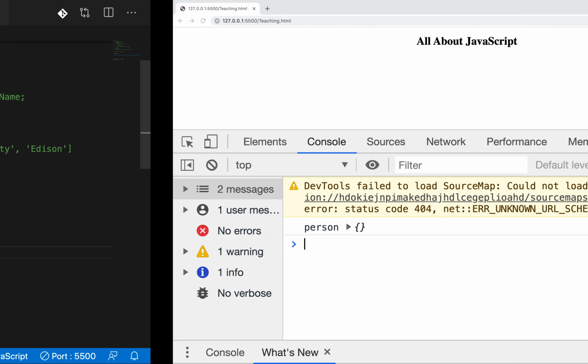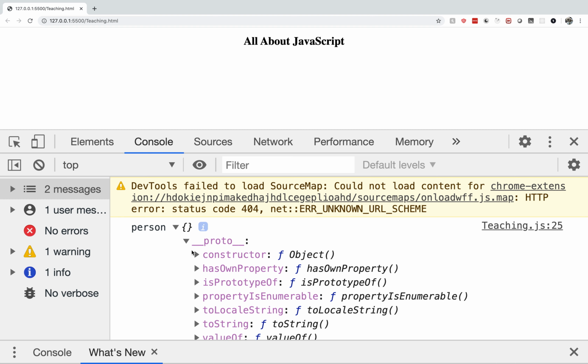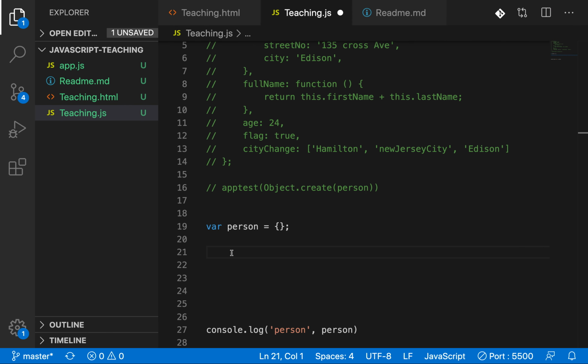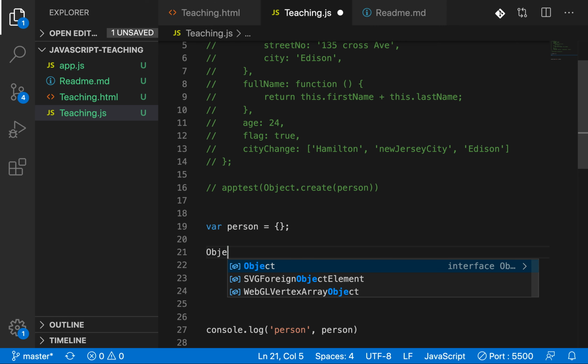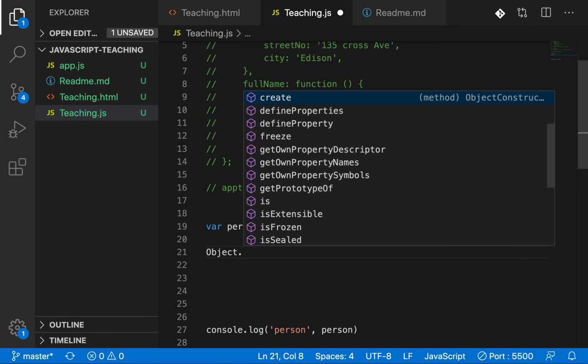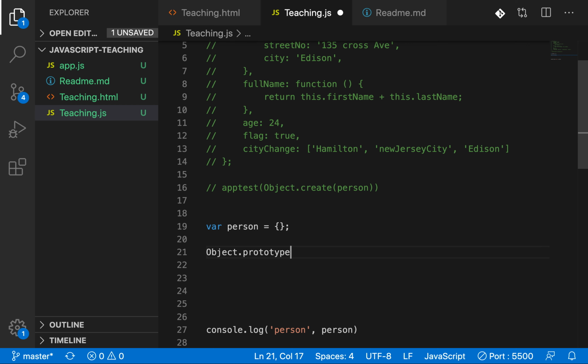You define properties in this prototype object with Object.prototype. If you want to define a property on the secondary object, you do it with the help of Object.prototype.firstName.